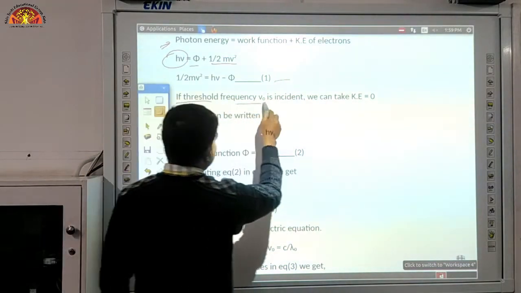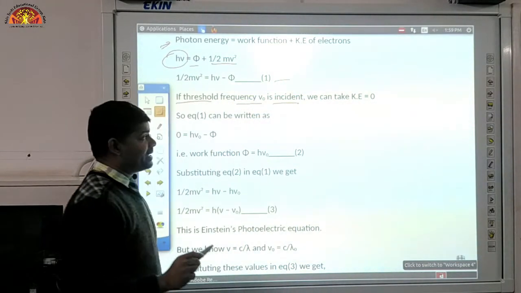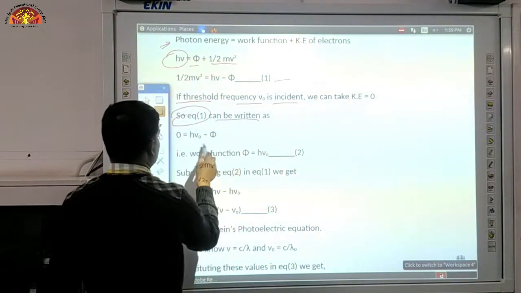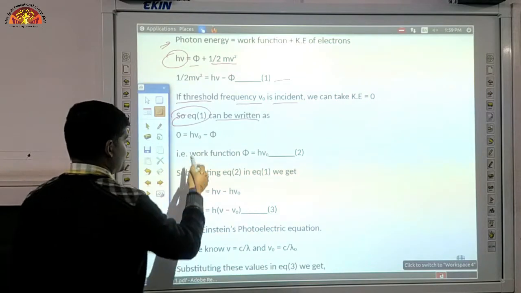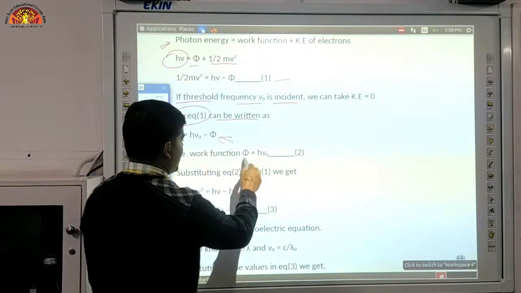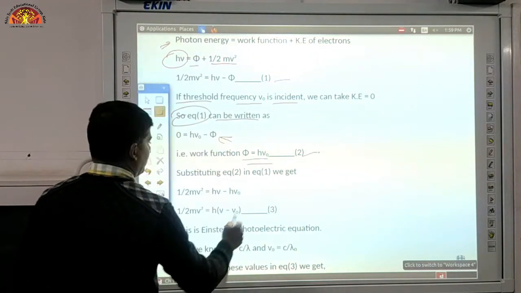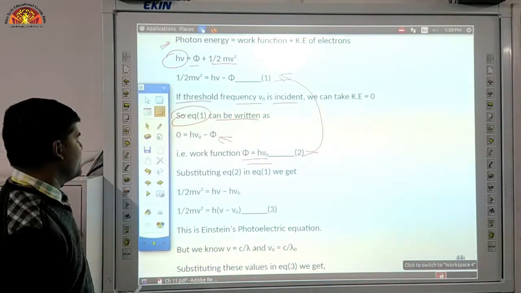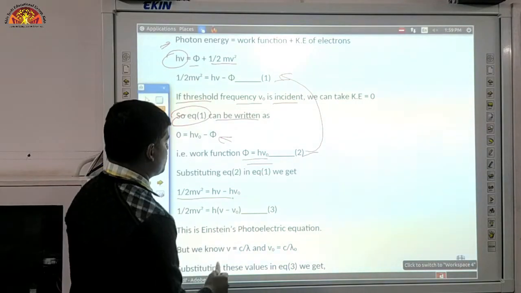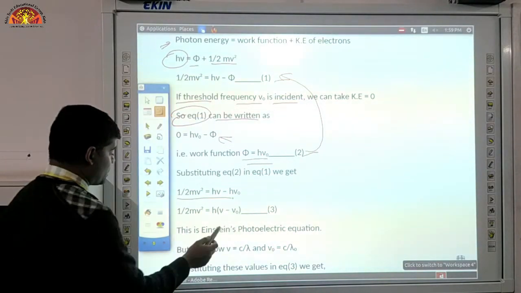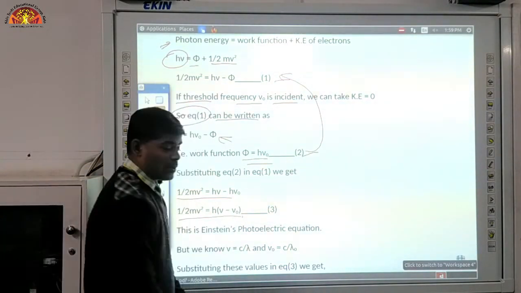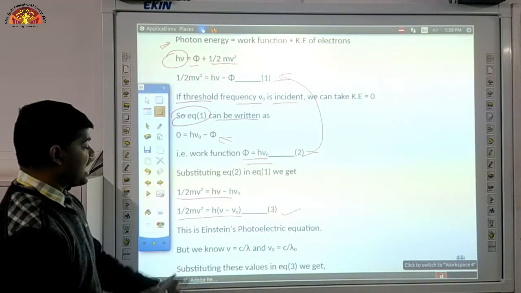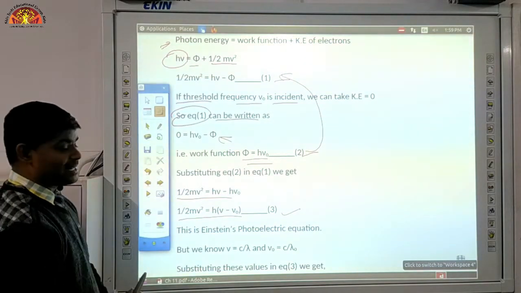If the threshold frequency mu naught is incident, we can take the kinetic energy equals 0. So equation number 1 जो होगी बच्चों वो क्या हो जाएगी, 0 equals h mu naught minus phi. It means we can say that phi equals h mu naught. Now this is the equation number 2. अब हमें क्या करना बच्चों, इस इक्वेशन नंबर 2 को इक्वेशन नंबर 1 में सब्स्टिट्यूट कर देना है। इट मींस वी गेट half mv square equals to h mu minus h mu naught। थोड़ा सिंप्लीफाई करते हैं, half mv square equals to h (mu minus mu naught)। दिस इज इक्वेशन नंबर 3। दिस इज द आइंस्टाइन फोटोइलेक्ट्रिक इक्वेशन,